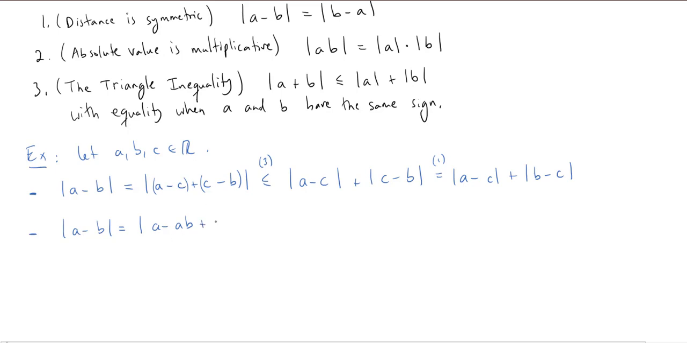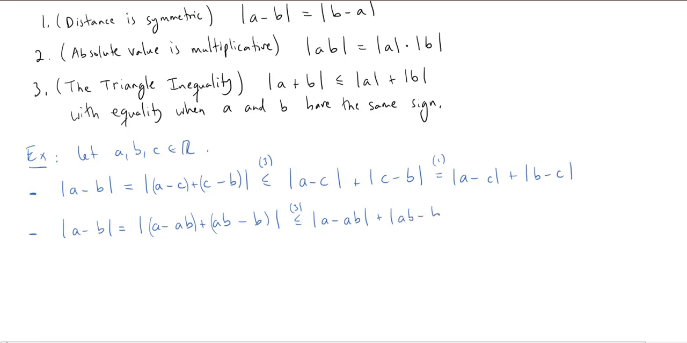So I'm going to subtract ab and I'm going to add ab. And then I have minus b again. So it's the same idea, right? Instead of a c, I just have a times b. I'll put some parentheses, finish my absolute value. Now I'll use the triangle inequality. So there's number 3 in action. So this will be less than or equal to the absolute value of a minus ab plus the absolute value